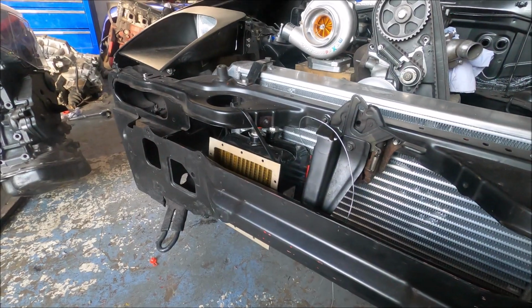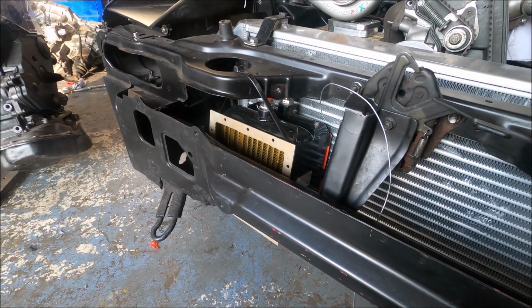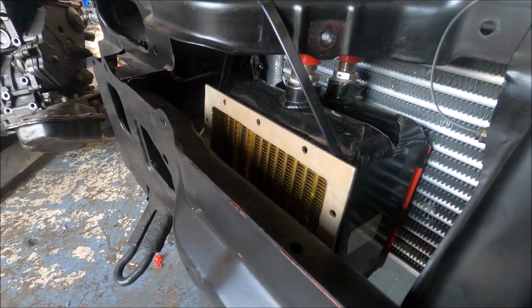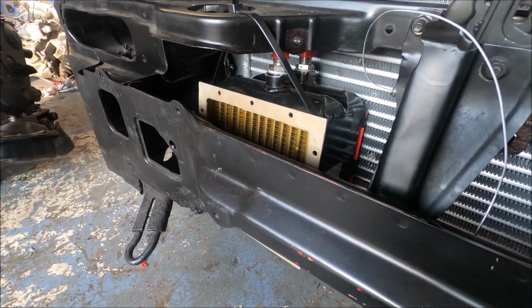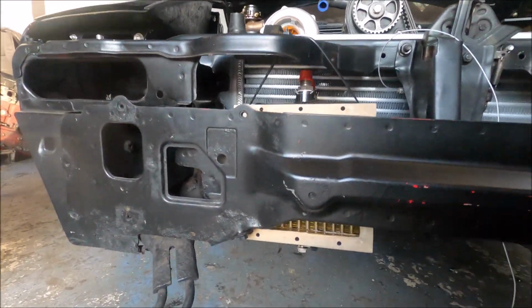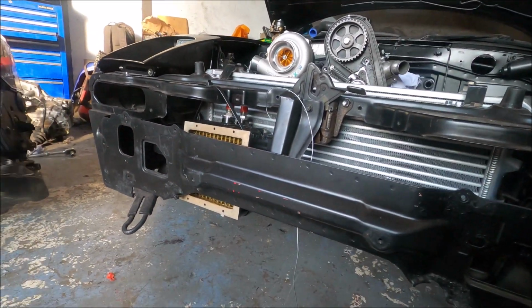Another thing done is the oil cooler. That is a genuine unused oil cooler off an RAF Tornado, military surplus, and it turns out it fits absolutely perfectly in that place, and it cost me £30, and it is a bloody work of art and totally brand new and unused. And one of the best things about it, it's got an oil drain,